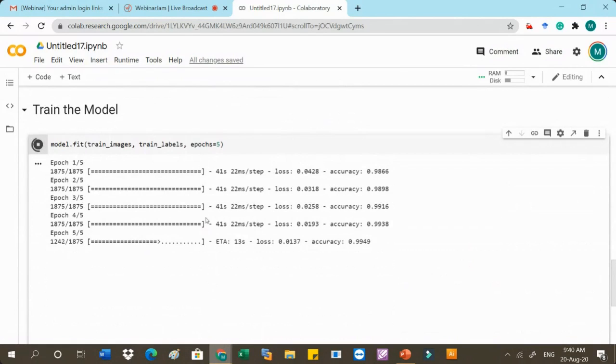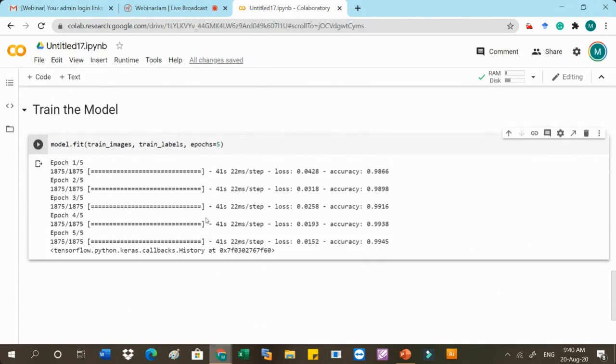And many times what happens, we have a very small data set, so we can increase our data set because a deep neural network requires a large data set. And how can we increase the data set? For that, we use augmentation techniques, where we can use different transformation functions, just like rotation, scaling, and so on. So we can use those transformation functions to increase our data set.